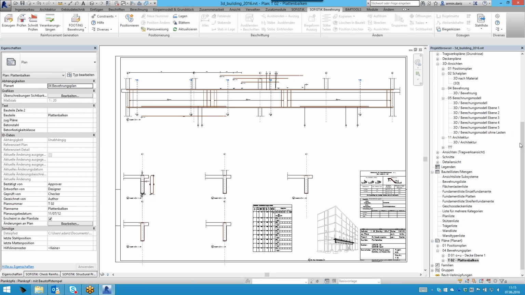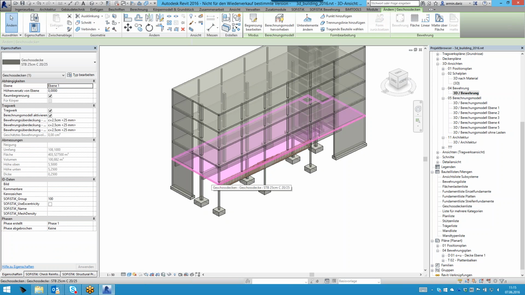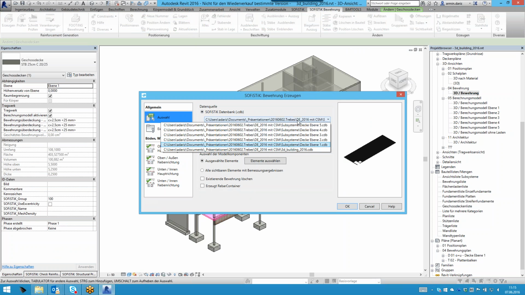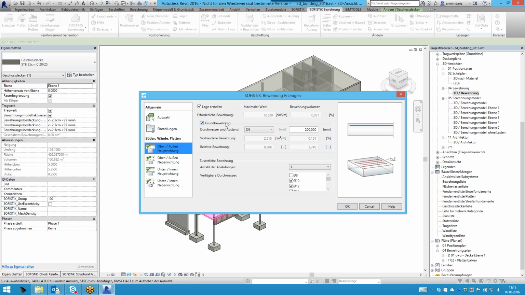defining some rebar for some area elements, maybe like a slab. So let's switch again to a different view, the 3D view of the entire building. We have talked about this beam now. Now let's talk about this slab. As you remember, we have also done the design for that slab already, and we can also use the design values here to generate rebar from this database, using some rules, using some